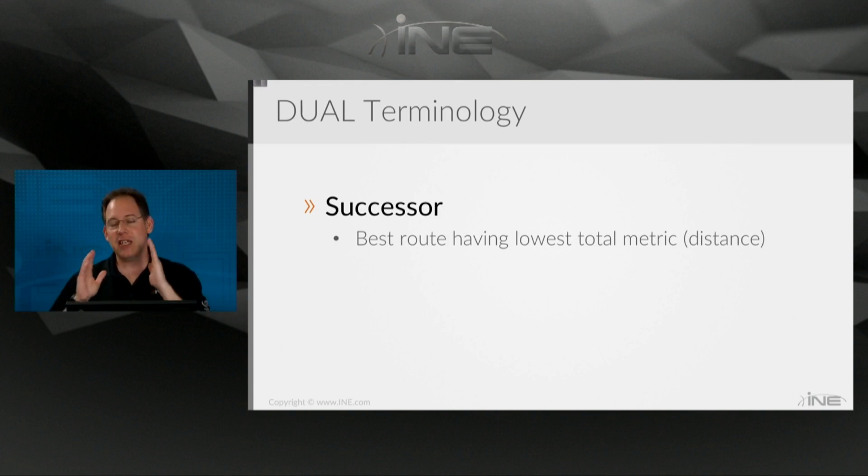Now, let's say that I advertise the 90.90 network to you with an EIGRP distance of 1,000. And all of a sudden, here comes in another neighbor of yours who advertises that exact same network, but with a distance of 500. He's better than me. So you would now use him. His route would be the one and only route in your routing table. He would be considered your successor. My route that I gave you to that same network, well, you wouldn't put that in your routing table, but